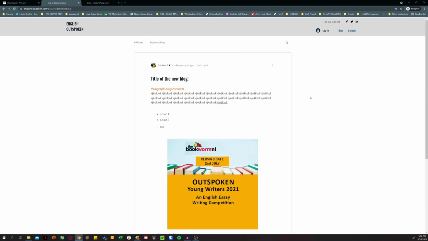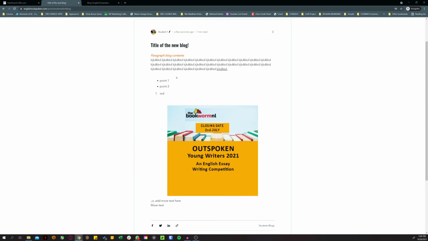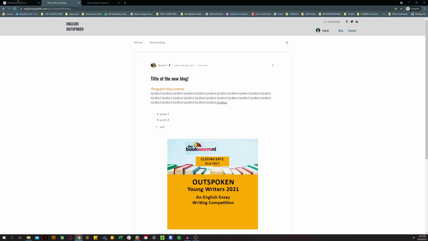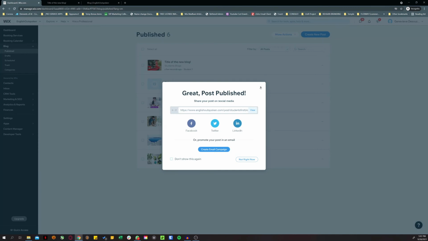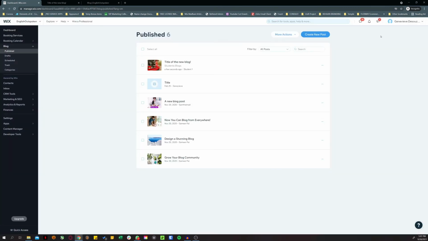So now, if you want to edit this once it's published, you can either edit something within the blog, or say you want to delete the blog completely and unpublish it. Then what you would do is, once again, go back to your control panel, where you simply log in with your username, and then you go to your blog section that's on your left, where you see a list of all the blogs.